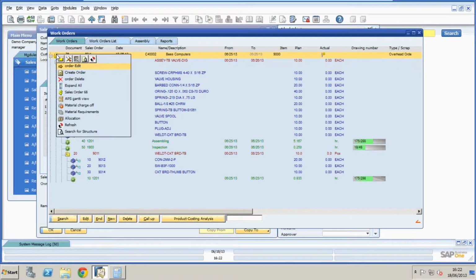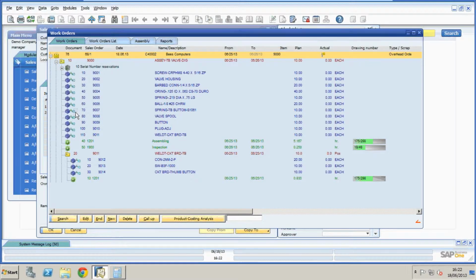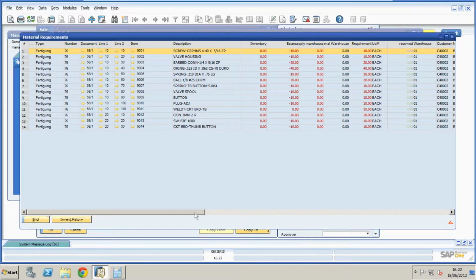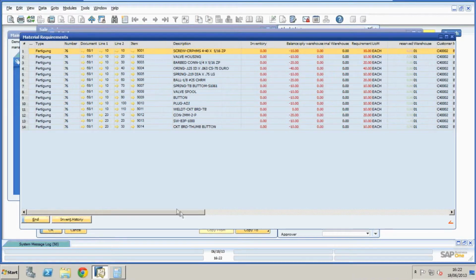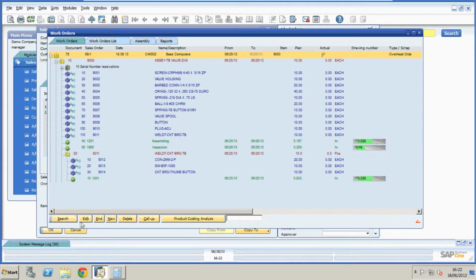If I right-click and look through my right-click menu, I have the option for material requirements. If I bring that report up, I can see that I have no inventory available for my components. So I'm going to run MRP, and MRP is going to calculate and give me my procurement plan for these components. So I come out of that,